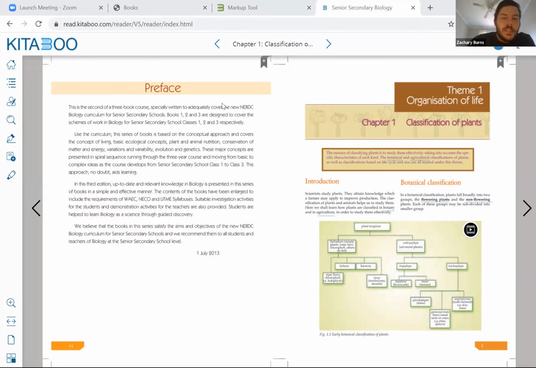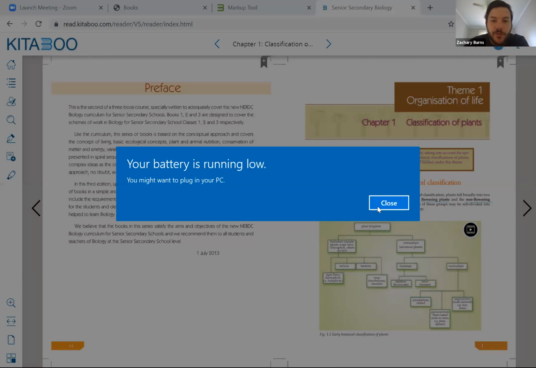Okay, great. So the first book that I'm going to walk through here is actually the SS2 biology book. And one of the reasons I really like to use the biology book as an example is because it really does demonstrate to a large extent the different capabilities that we have for the Hitch enhancement ebook platform. So I'm going to be going back and forth between two different tabs here